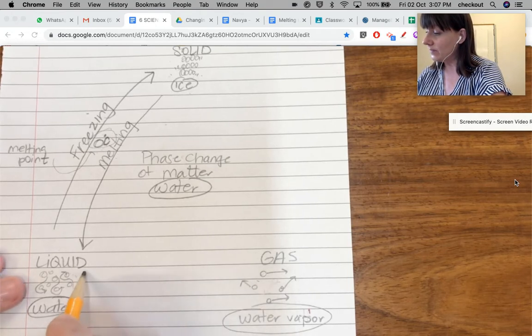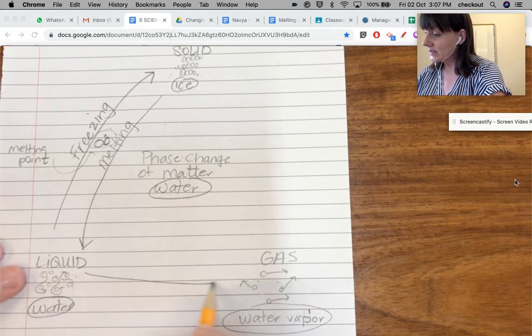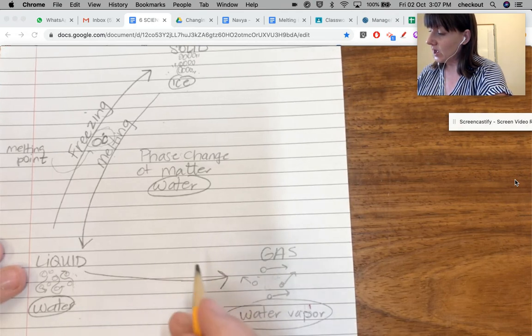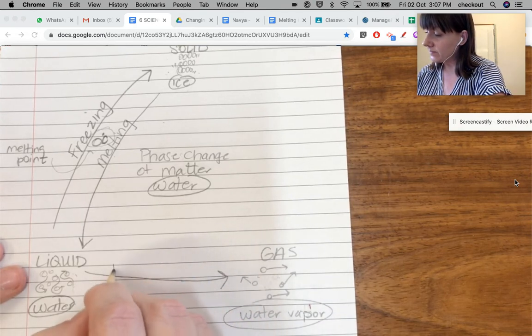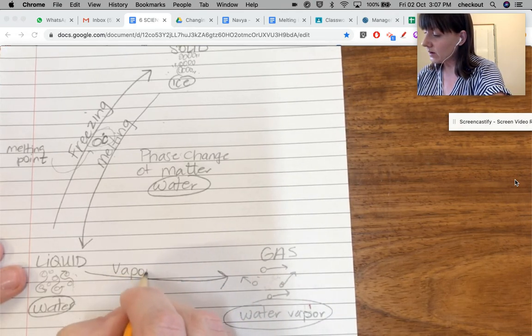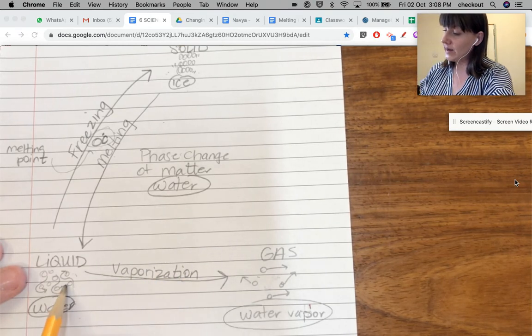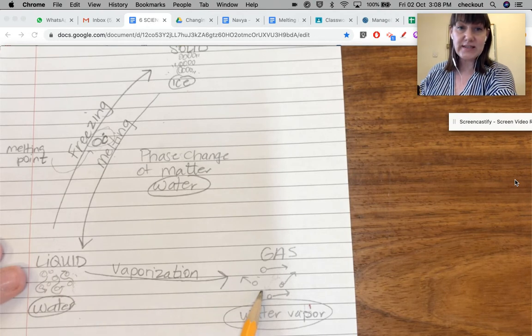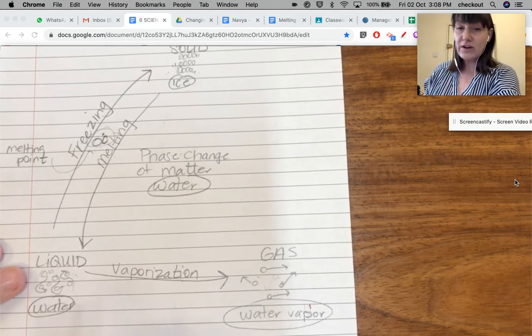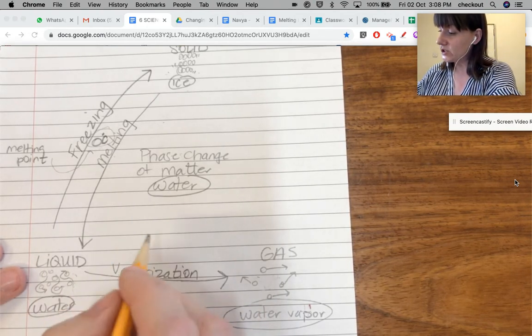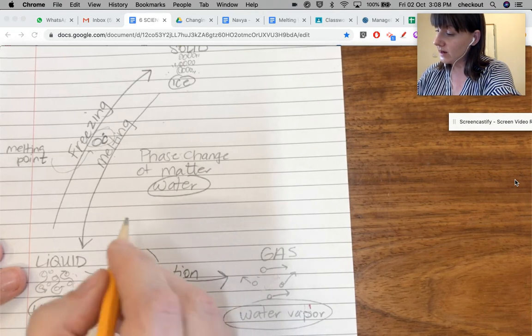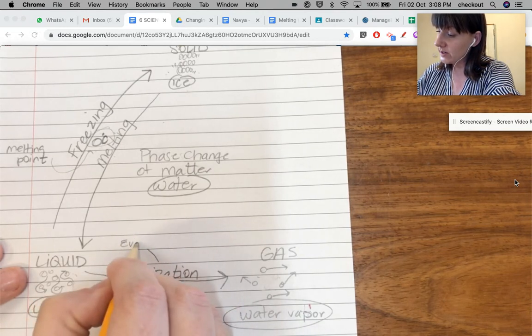All right, if we go from a liquid to a gas, that's going to be called vaporization. A liquid gaining enough energy to turn into a gas is called vaporization. And there are two different kinds of vaporization. So I'm going to draw that off of here. There is evaporation,